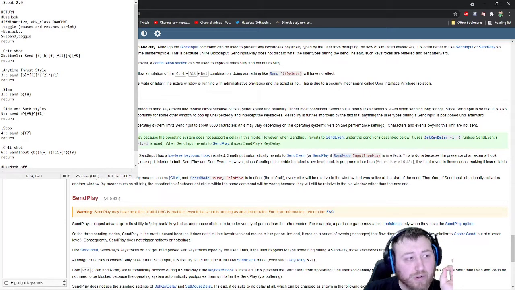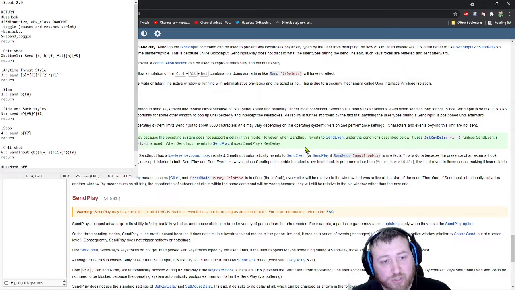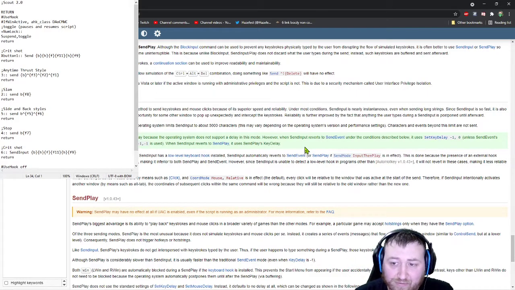So a big important note about SendInput is the note here. SendInput ignores SetKeyDelay because the operating system does not support a delay in this mode. Okay, now that's important because when you press your key, it's going to regurgitate the line of text that you put after it. That means if you have control modifiers, alt modifiers, shift modifiers, Windows modifiers, those have a very high chance to not fire. In the script testing that I did,